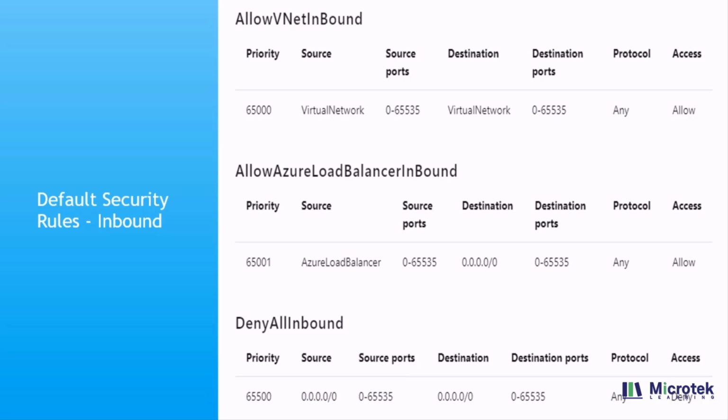That basically blocks everything, right? On top of that, we have an allow Azure load balancer inbound rule. As you can see, it has a higher priority, which is 65001, and it allows Azure load balancer traffic. So if the source is the Azure load balancer, it's going to allow that traffic. And then on top of that, you can see another inbound allow rule, the VNet inbound allow. You can see the priority is 65000,